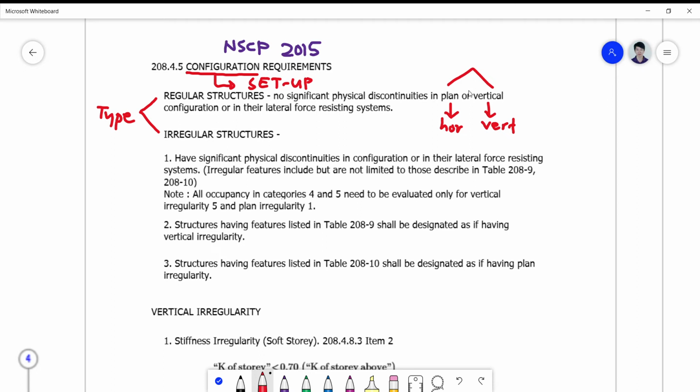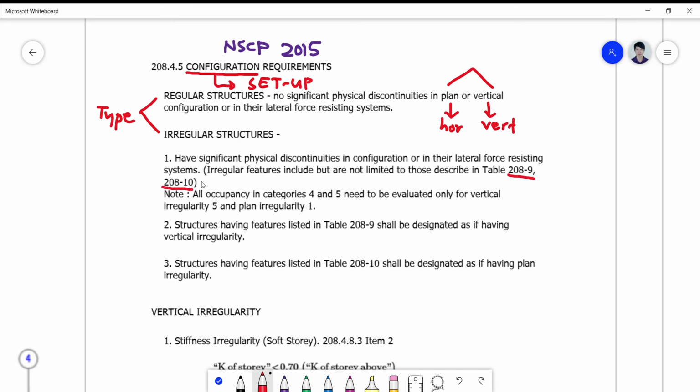So for irregular structures, the definition is quite broad in the sense that we have to deal with table 208-9 and table 208-10. Okay,